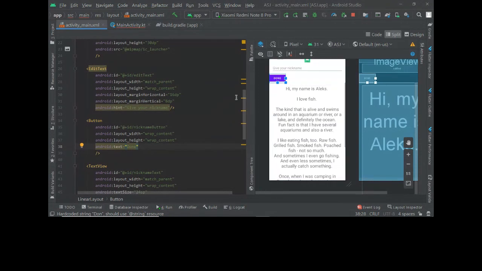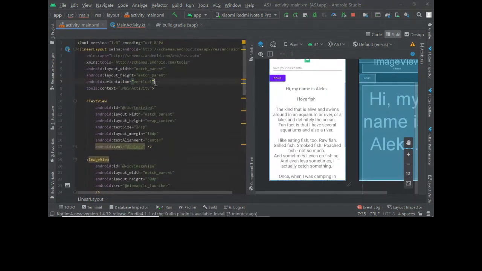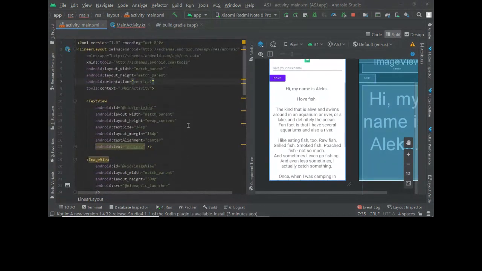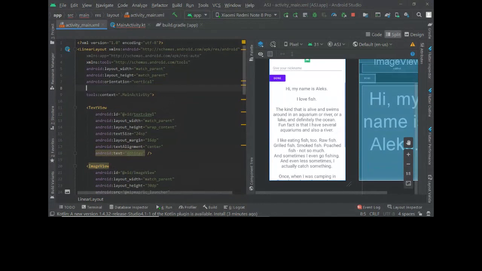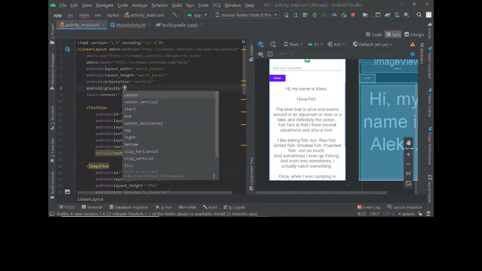Now to display in the center, instead of doing it for each of these, you can add something in the linear layout itself, such that it displays centered. Let's say gravity, and you click on center.